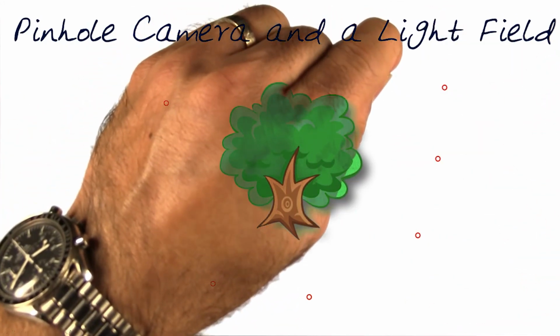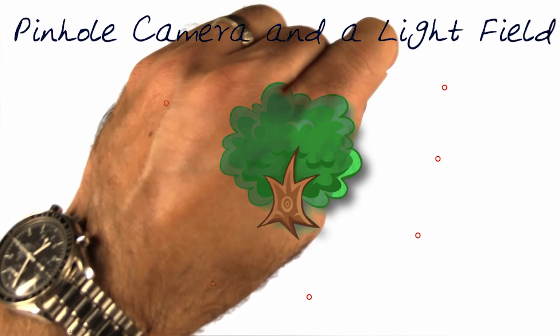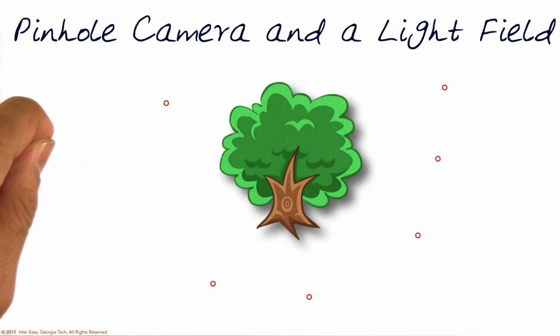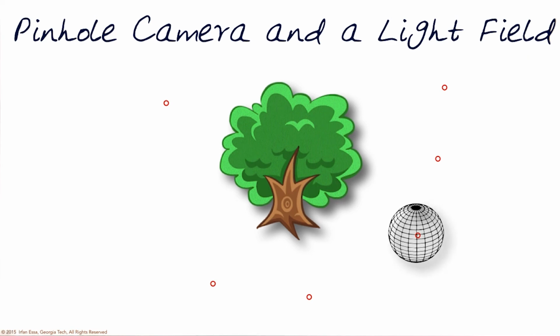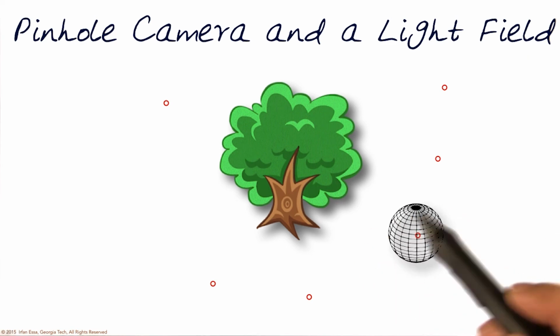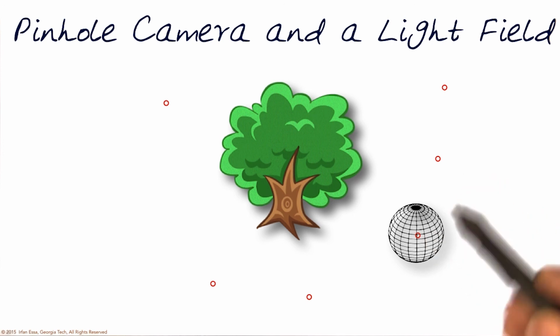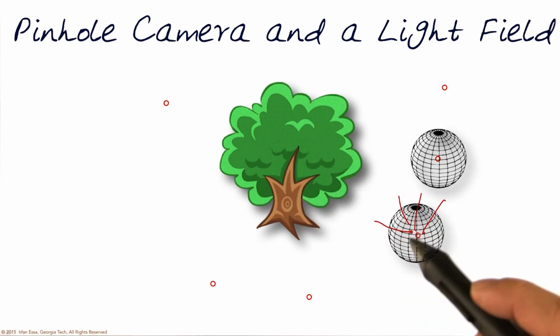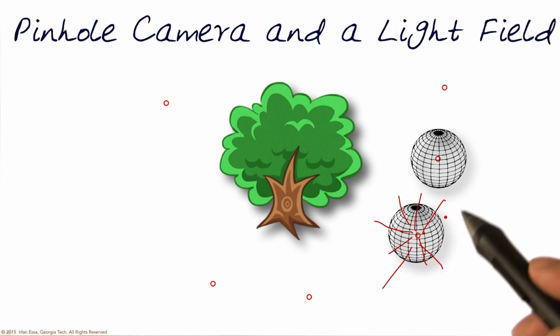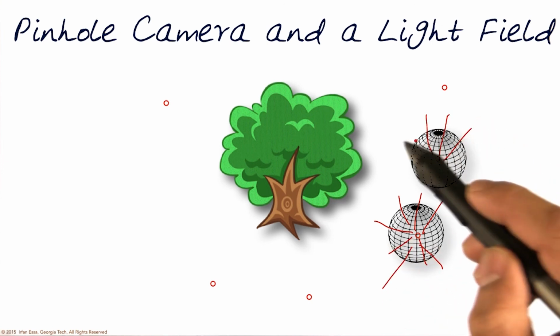I could actually create a pinhole camera here that would capture all the light. And similarly, I could capture the rays of light here to capture all of the light that's hitting this point too. Now, just to simplify this, we can say that each point here can be represented as a sphere, right? All of the rays of light are converging onto the sphere from the world. So all rays of light are coming in to each and every one of these spheres from all directions,